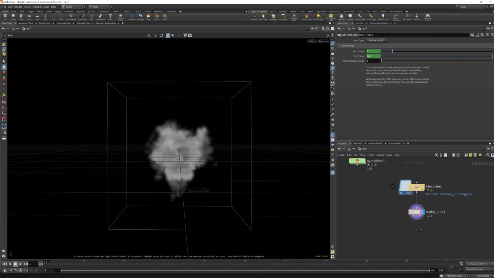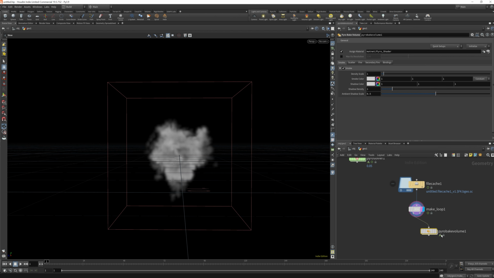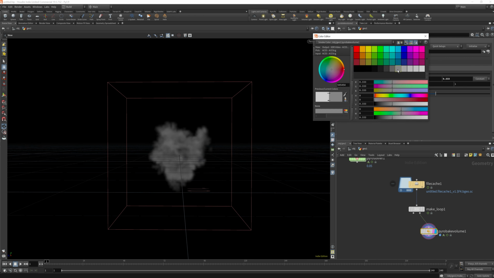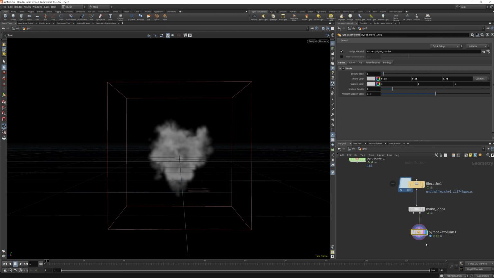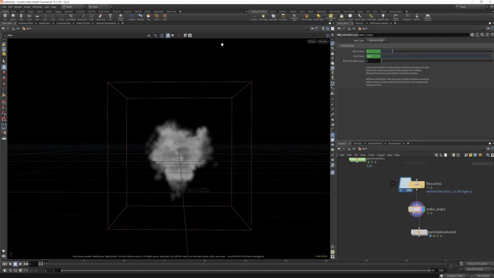But the one thing I will add in here is the pyro volume. And turn that on. Add a color to this. Part of the reason you want to just have this is because it'll allow you to actually look at it when you render. So if I had it just on the make loop and I tried to render this,